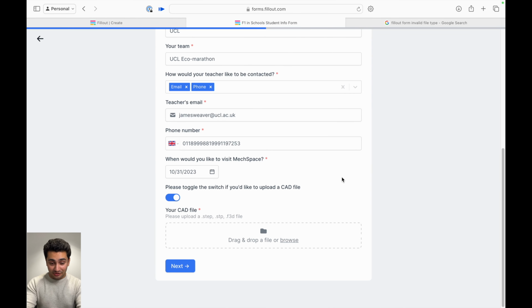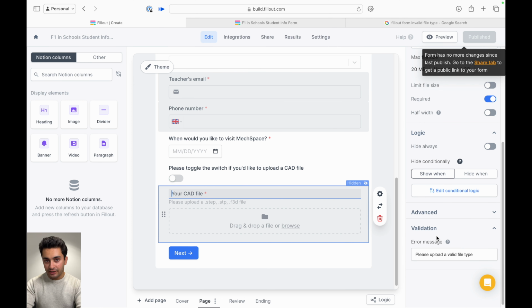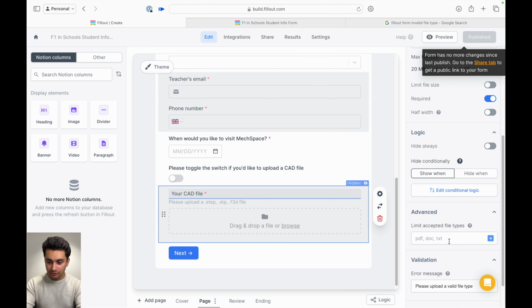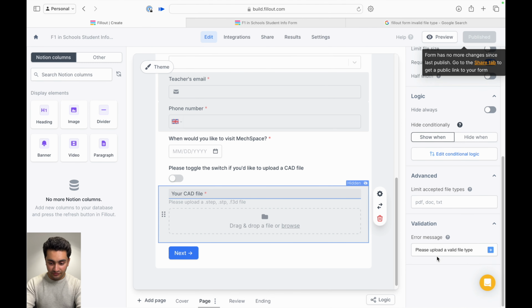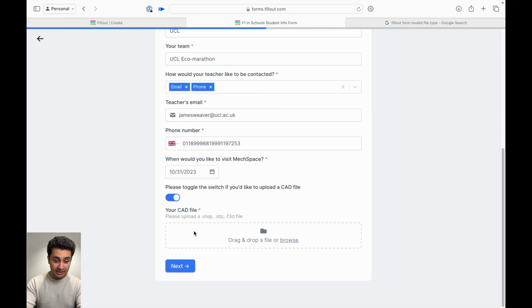Right, so I had a look through and it seems like the validation for file format isn't really working as intended. So I've had to turn it off, unfortunately. If I figure out a way to get that working, I'll append that to this video. But for now we have it off. However, I've just put in a caption here, please upload the file in STEP or F3D, so at least people